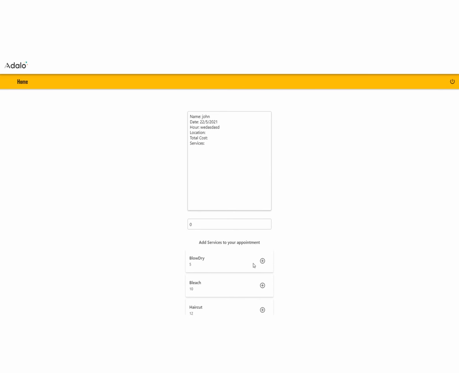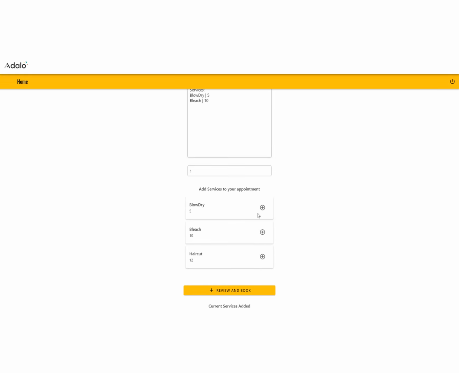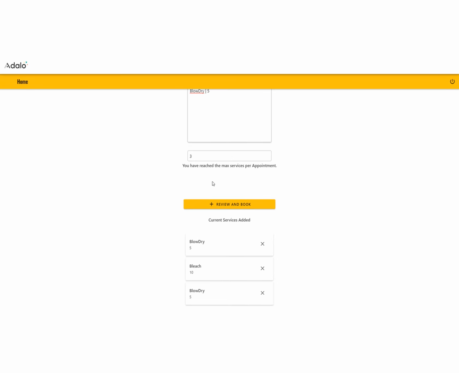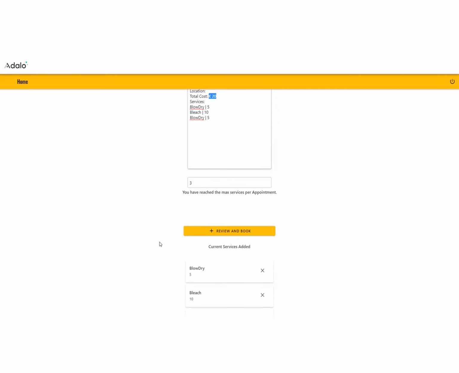And here I simply can add one service. I can add another one and another one. And as you can see, I have three, and the total cost. And below, here it disappeared because I said when I reach the maximum of three, please remove the option of adding more services. And then here it's actually the list of the appointment services